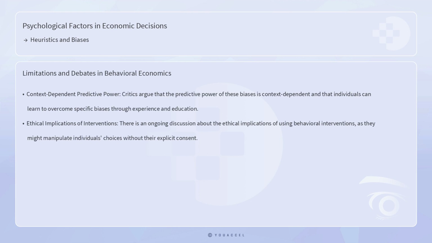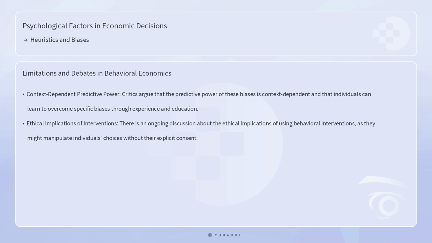Despite the insights provided by heuristics and biases, it is essential to acknowledge the limitations and ongoing debates within the field of behavioral economics. Some critics argue that the predictive power of these biases is context-dependent, and that individuals can learn to overcome specific biases through experience and education. Moreover, there is an ongoing discussion about the ethical implications of using behavioral interventions, as they might manipulate individuals' choices